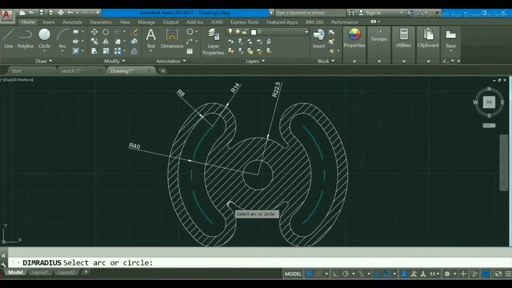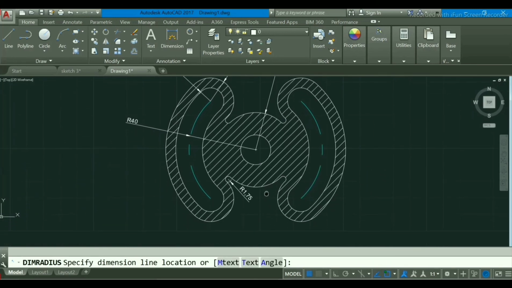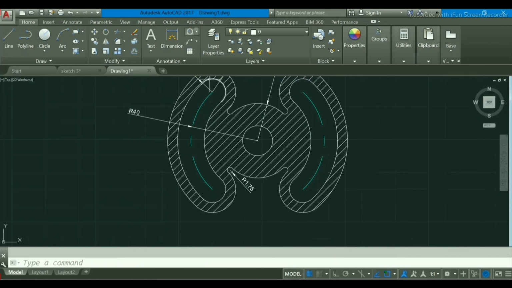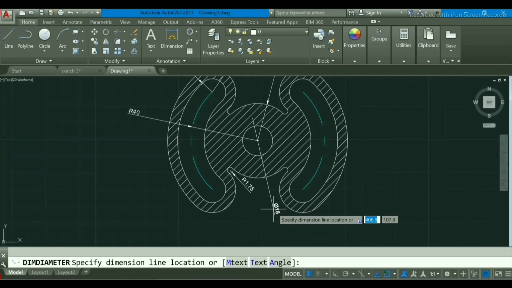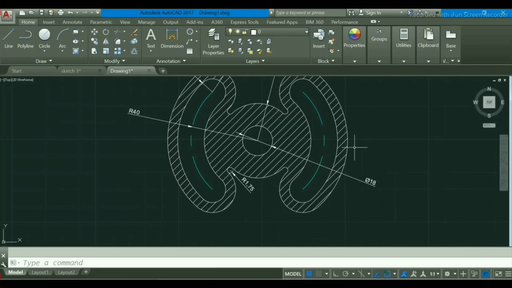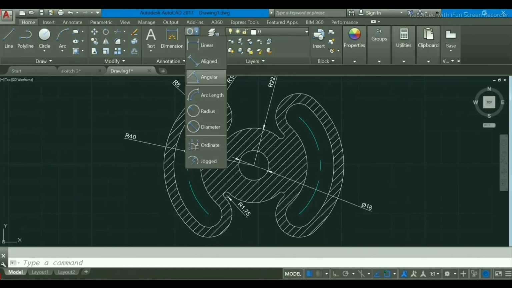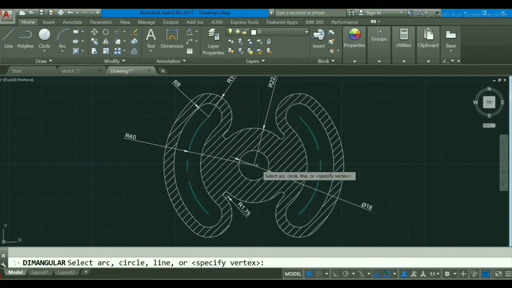Here also same as it is. Sorry, this is a diameter in the circle, so I will make this diameter. If you want to give an angle also, you can give it by selecting this angle, but no line is there here, so we will create one rough line.